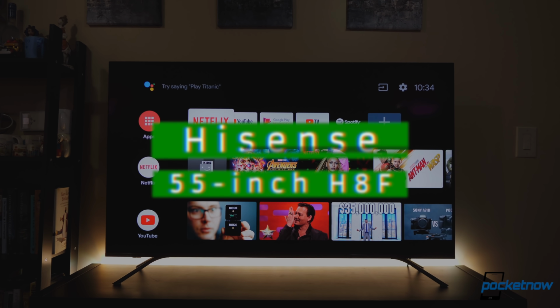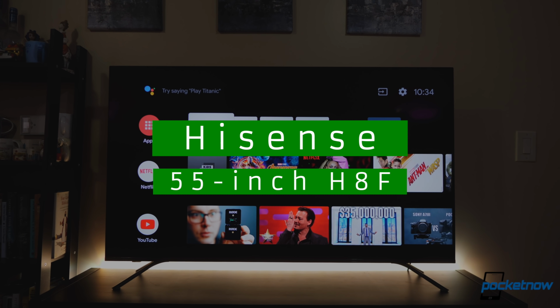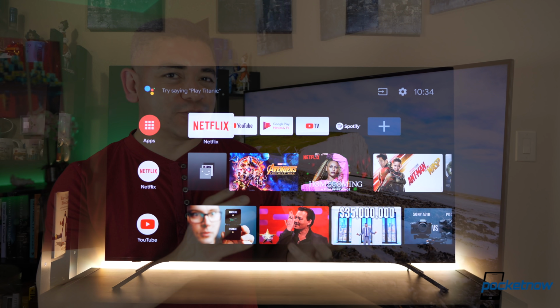This is the Hisense 55-inch H8F, quite possibly one of my favorite products of early 2019, and there are some important reasons why. But before we get to that, quick disclaimer,